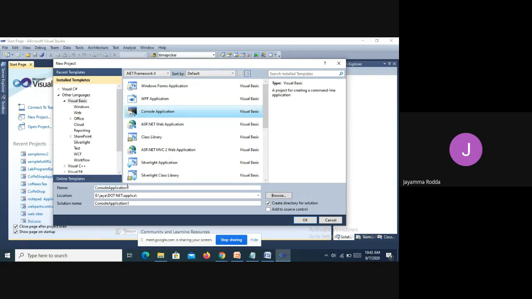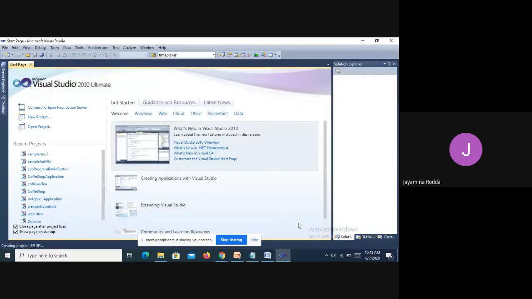The name for the program is if else. You know the location, this is in the E drive, JR .NET application. Okay, I have named the program and I am going to click on OK. So a console application will be opened for me.